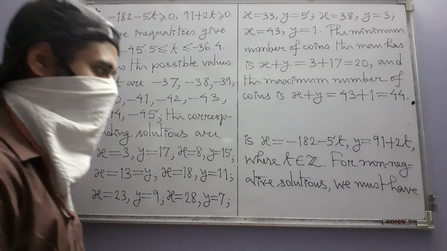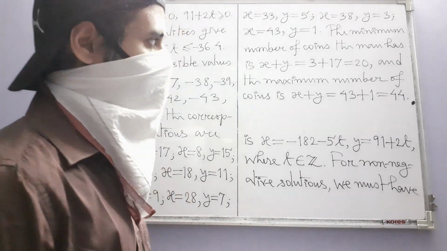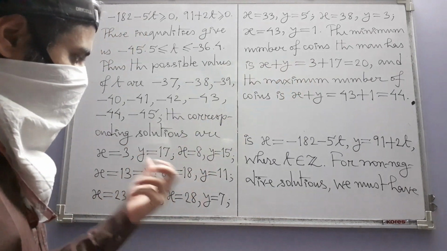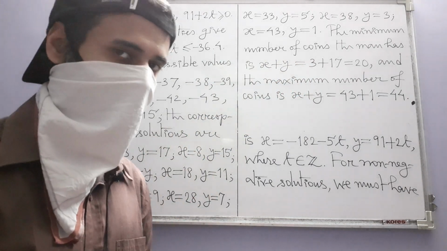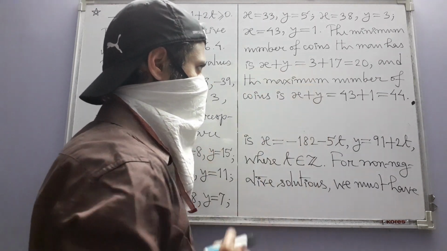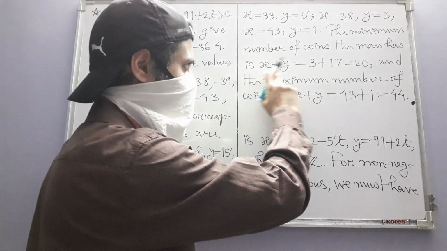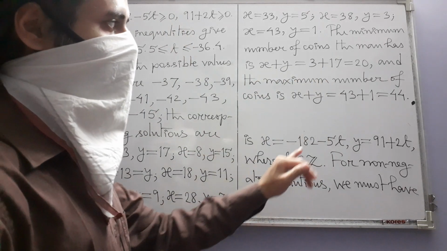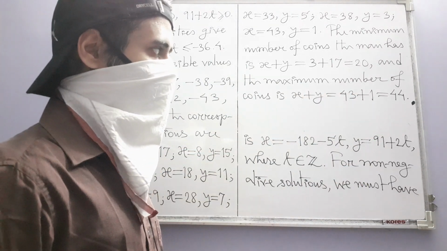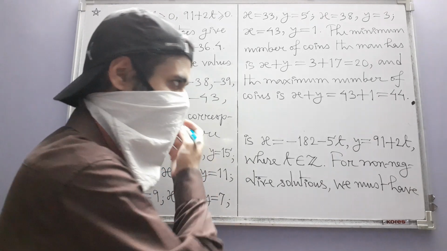So the bank can have $4.55 by having any combination of these numbers of dimes and numbers of quarters. But among them, when he has 3 dimes and 17 quarters, then also he has $4.55, but the number of coins is the least. Whereas when he has 43 dimes and only 1 quarter, he has the maximum number of coins, which is 44. And you can understand that also because